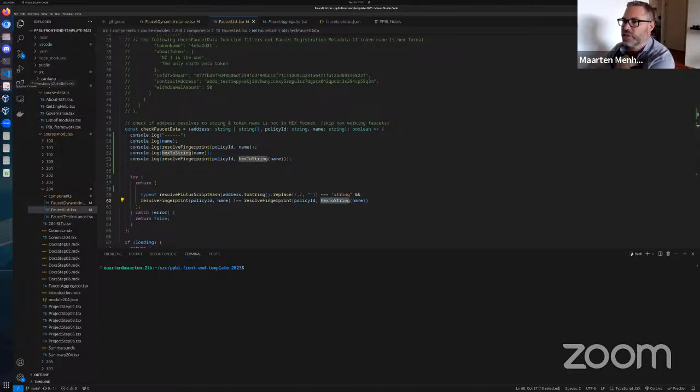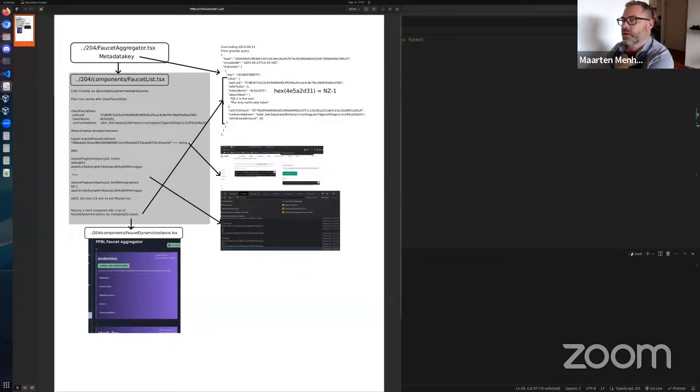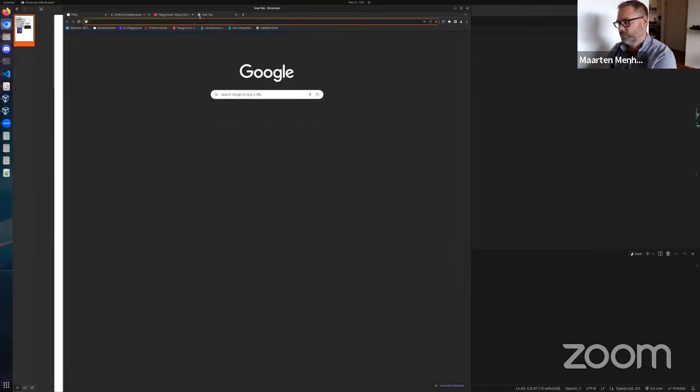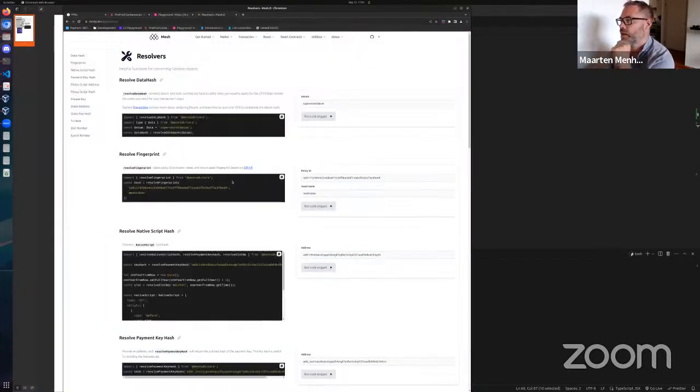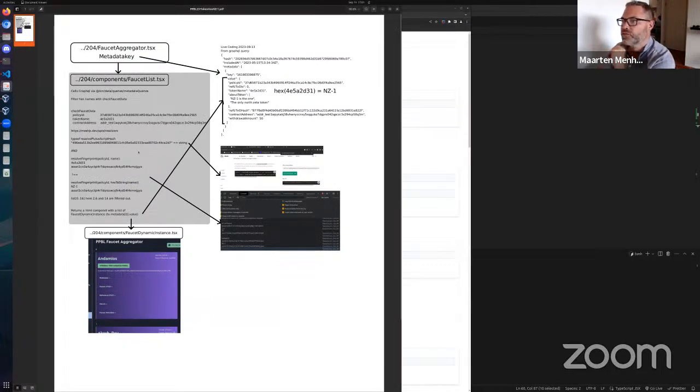So I filled this in on the Mesh website, where they have like the resolvers page. So I checked out what these functions do on Mesh. And here you can see the fingerprint, and if you put in your policy ID, which you have in the metadata, and your Mesh token name, these should not be the same, if you have made it different.